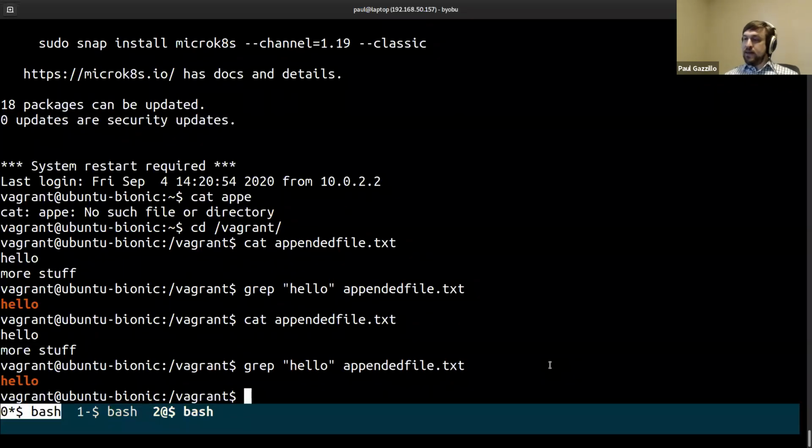And now with piping, I can glue together the input and output of multiple programs. Here, I'm taking whatever the output of cat is,